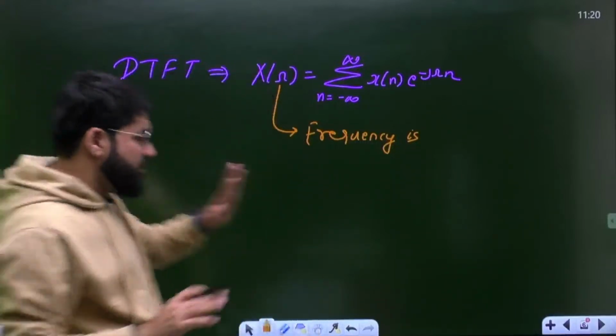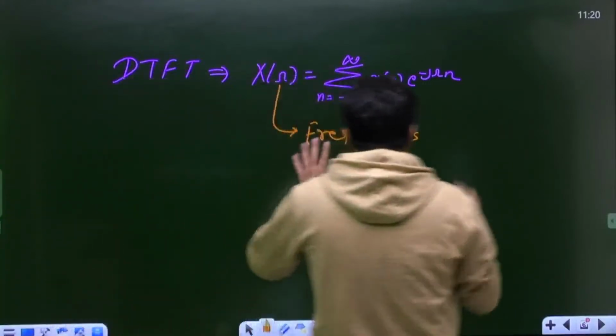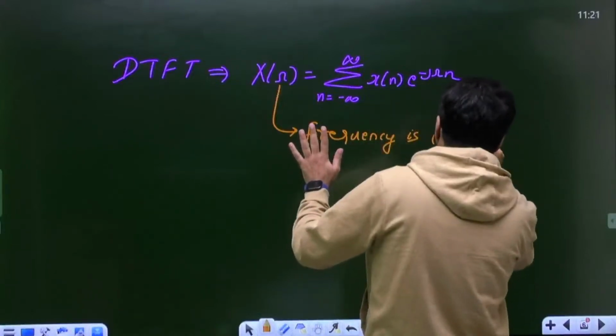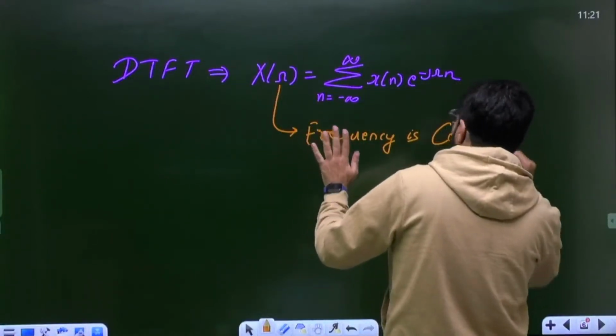That is what is the target. Just 5 days left for the examination. But yeah, the overall important points you must know: when you talk about DTFT, the frequency is continuous